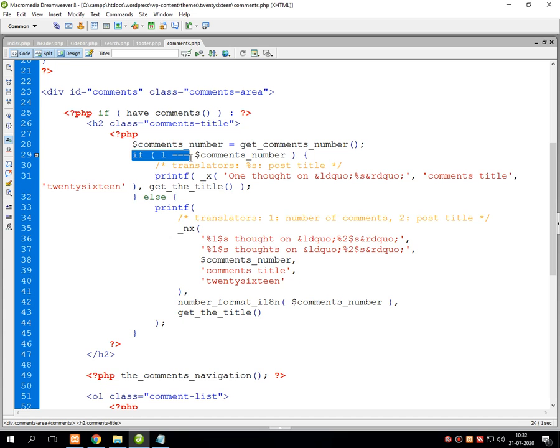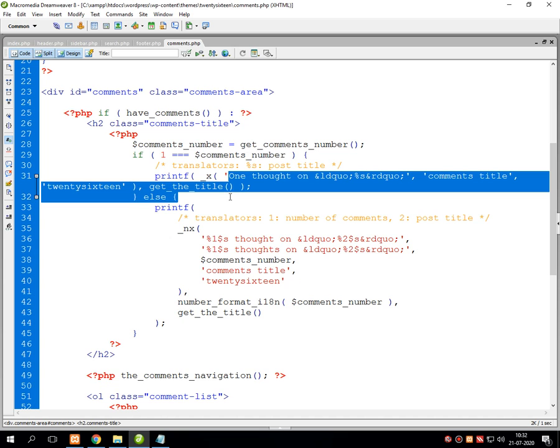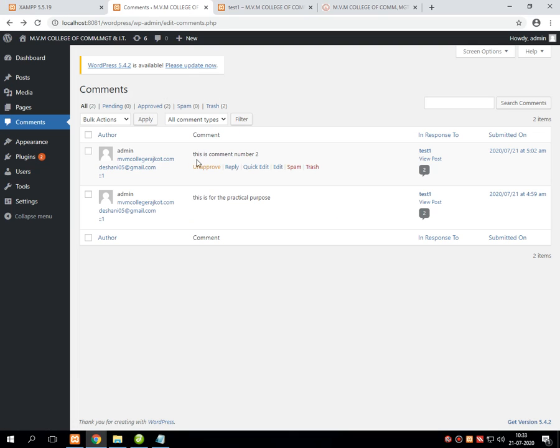There is a special check over there. If a single comment is there, that means if this condition is true, then it is brought up into the top part of the entire listing of the post that is given in WordPress. But if multiple comments are there for the same post, then they are differentiated into each and every separate section.